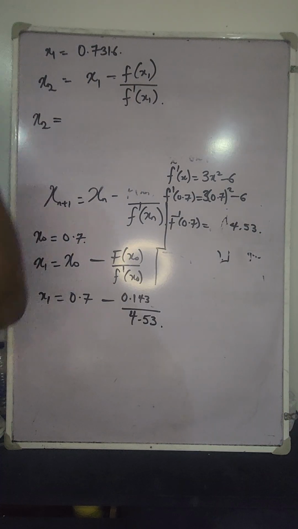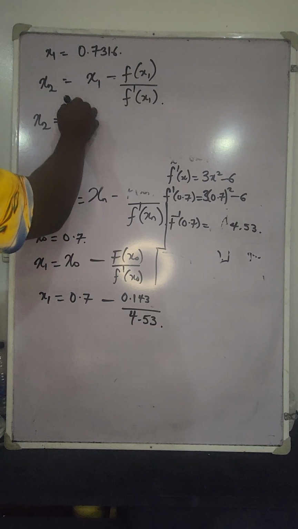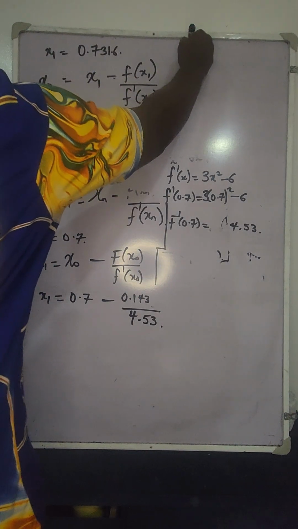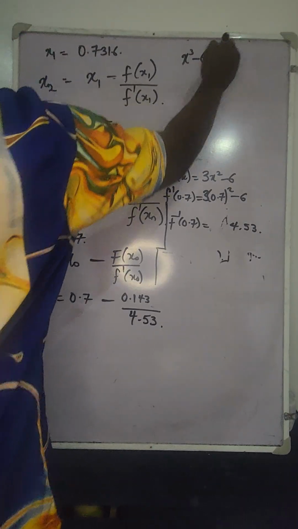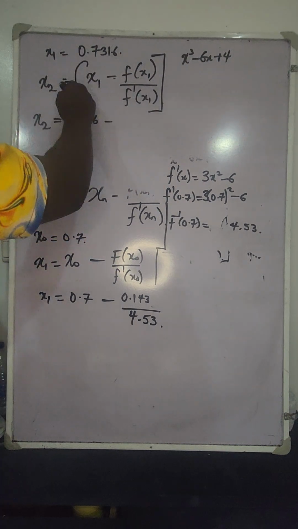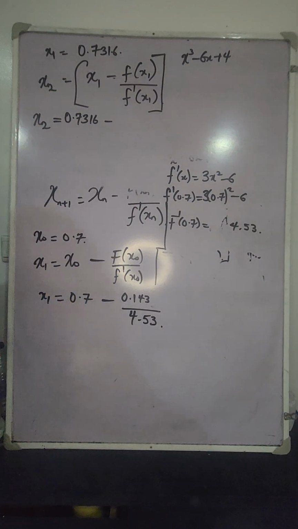So x2 is equal to, what is x1? x1 is 0.7316 minus, now when you place this into the question itself, remember the question says x to the power of 3, don't forget, minus 6x plus 4. So when you slot this into here, that's putting it into the equation itself, you're going to be having